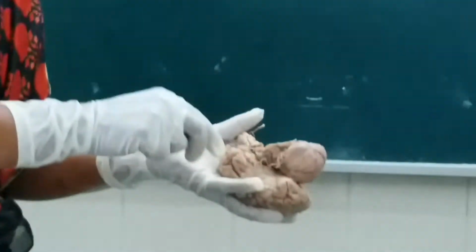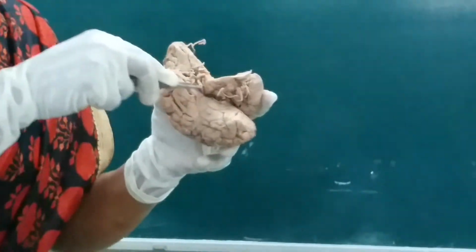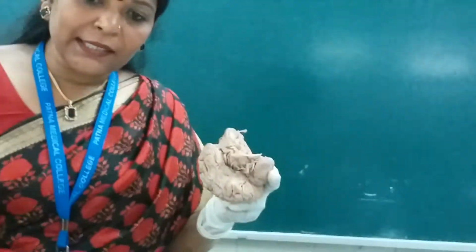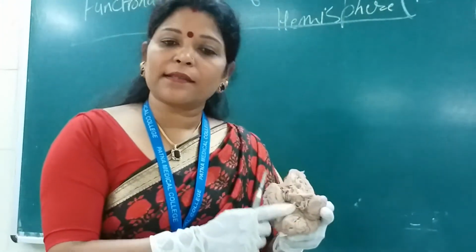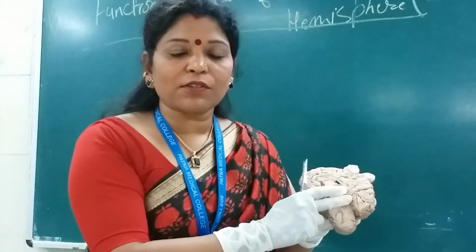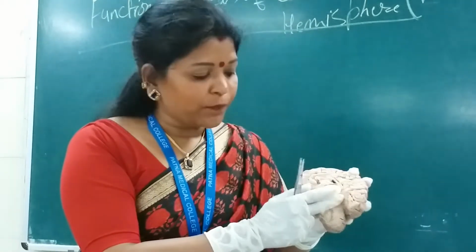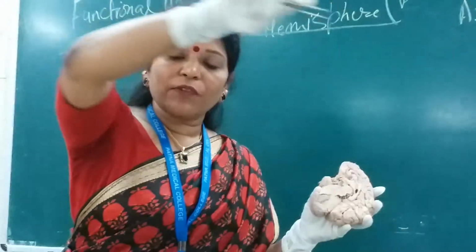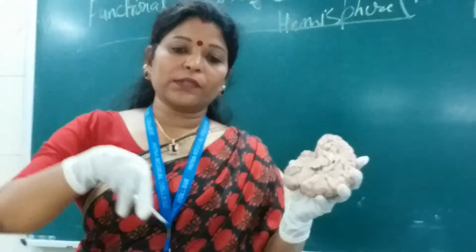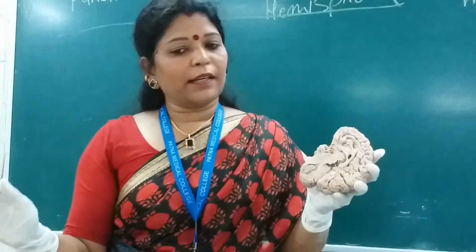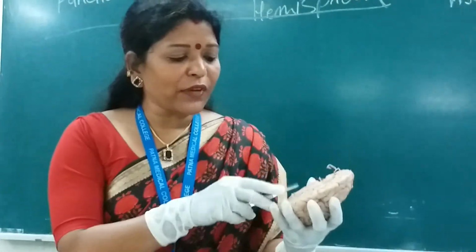Via this isthmus, this gyrus is continuous with the parahippocampal gyrus. Look here, it will be continued with the parahippocampal gyrus. So the two gyri are on two different surfaces. The parahippocampal gyrus is on the inferior surface, and the cingulate gyrus is present on the medial surface. Okay, so it forms a ring along with the paraterminal gyrus, a ring-like structure around the upper end of the brainstem, that is the limbic lobe, and it participates in the limbic formation. So it was very important.